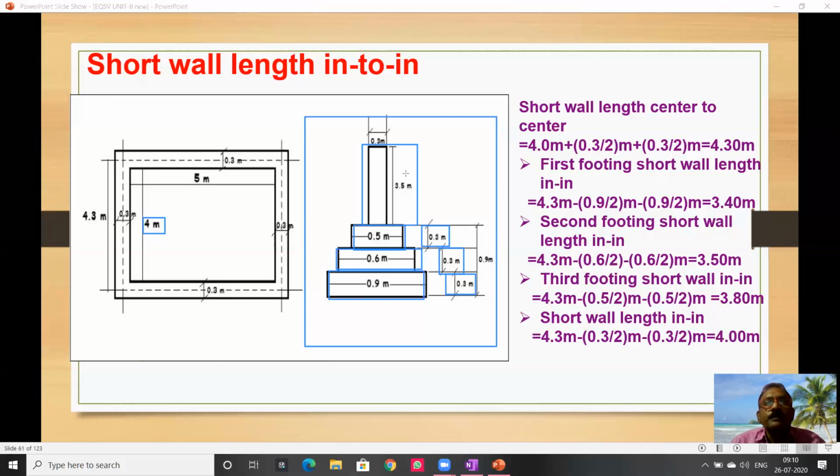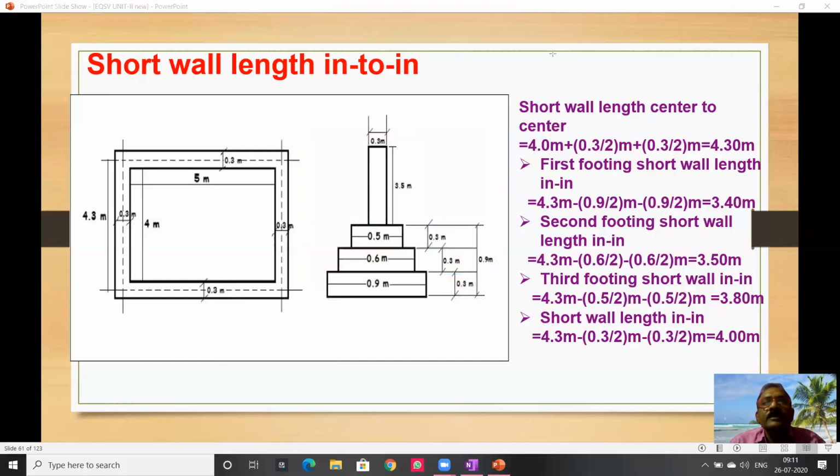Here you have to picturize and imagine these values, because this is only a small example, and we'll see number of steps, excavation, footing, different sizes of beams. So to understand the concept, I'm explaining this simple problem here, and we'll do some more typical problems in coming topics. And already we calculated long wall out to out.